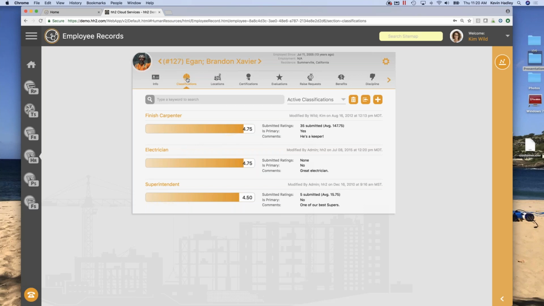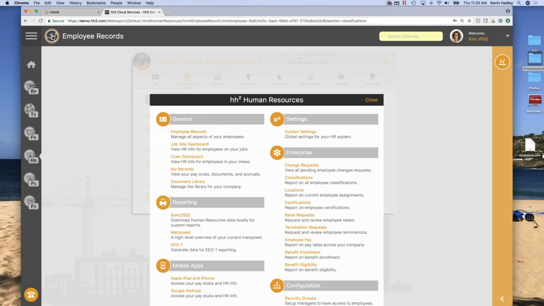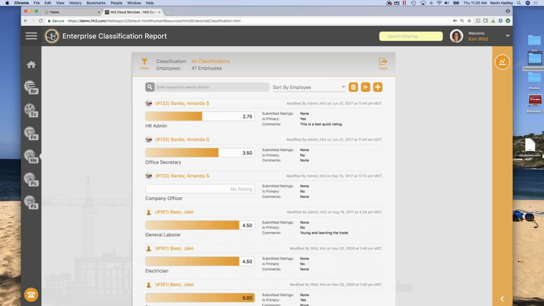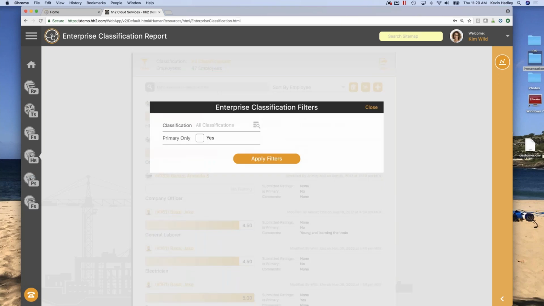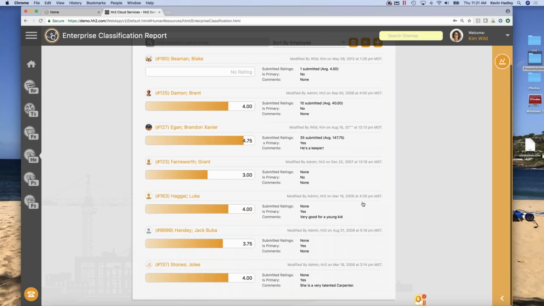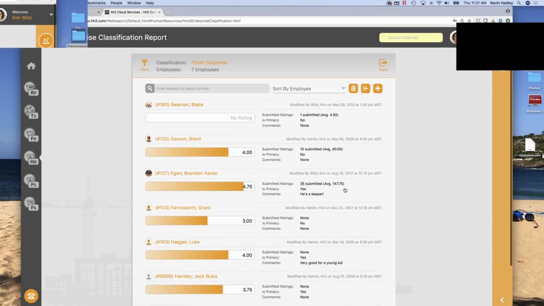Within hh2, you'll come in and assign various classifications to your employees, so that if you ever want to do a report on the classifications, you may come over here to the HR button, click on the HR button, go to classifications, and just simply say, hey, just show me right now all of my finished carpenters. And within the system, it would show me who is a finished carpenter.